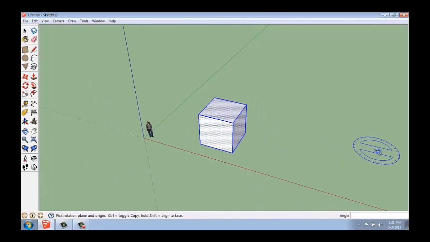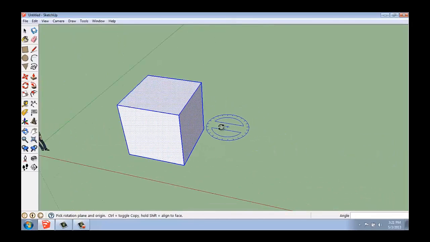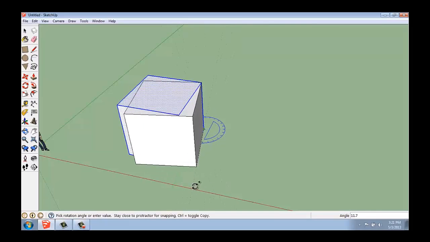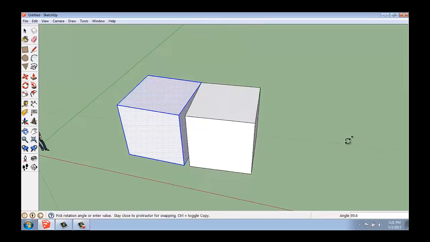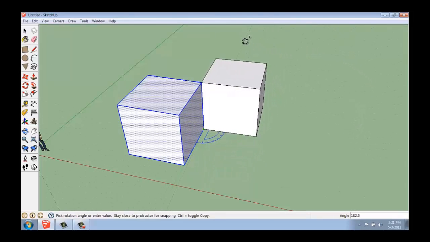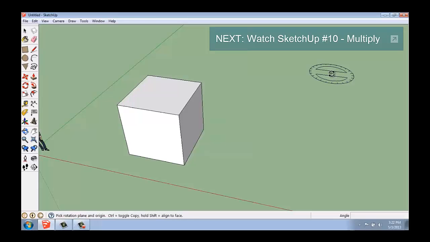While I'm doing that, I can even create a copy of what I'm rotating. So I could pick, and I'll let it go along the bottom, pick my reference angle, and then when I start to move it, I'll hit the control key and get a plus next to the rotate symbol on my cursor. That means I'm actually going to rotate a copy instead. So now I could have something that looks like this. If I hit Control Z to just back up a step,